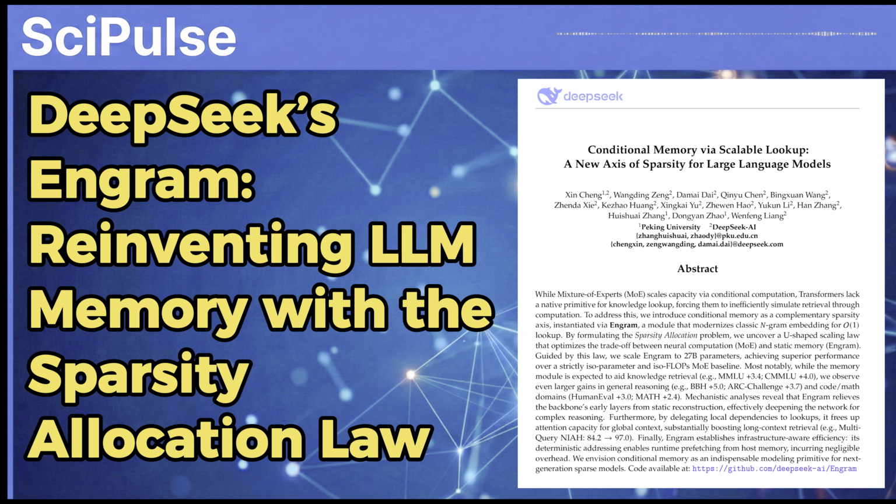It's a known address. And why is knowing that address so critical for the actual hardware, for the infrastructure? Because it enables prefetching. The system can look ahead just a few milliseconds and predict which facts the neural network is about to need. And because it knows the exact addresses, the hardware can start pulling that data from memory into the super-fast cache before the computation even asks for it. So it's loading the data predictively. Yeah. The information is already there, waiting the instant the model needs it. There's no latency, no waiting time. That's the genius of it.